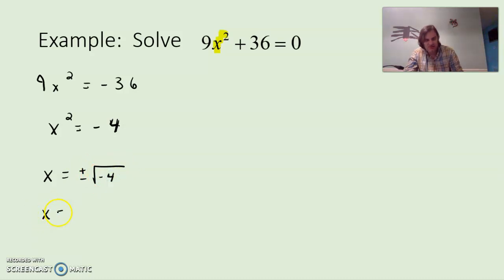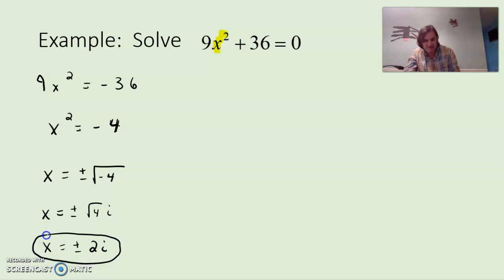Well, we can pull that negative out as an i, and in the end we have the positive and negative 2i, which once again you could leave it as this. Most people would if it's a complex or imaginary number. The solution being positive 2i